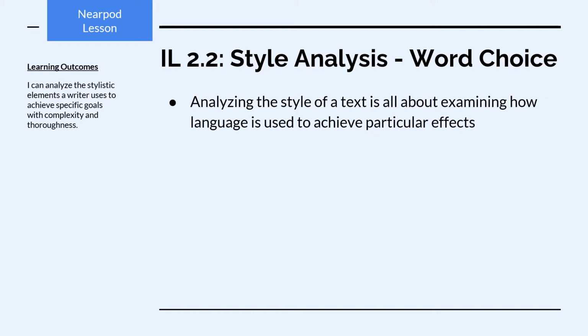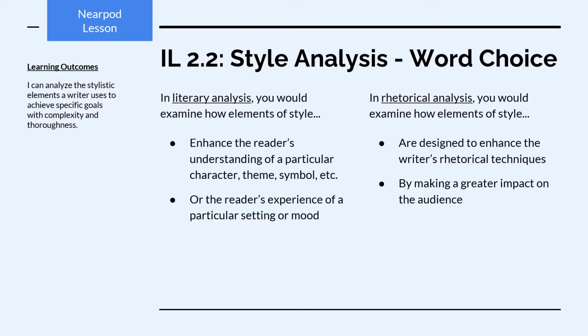Analyzing the style of a text is all about examining how language is used to achieve particular effects, how those elements of word choice and word arrangement and word sound are used to create particular effects on the listener, on the audience. In literary analysis, like the kinds of analyses you performed in ninth and 10th grade and that you will perform in AP Lit, you would examine how elements of style are used to enhance the